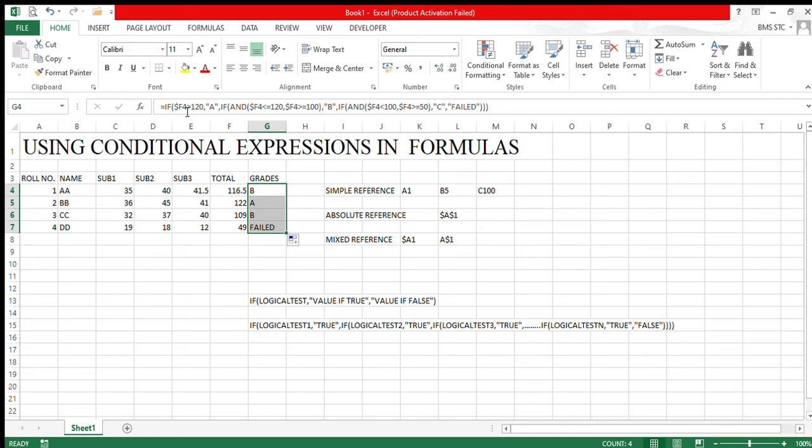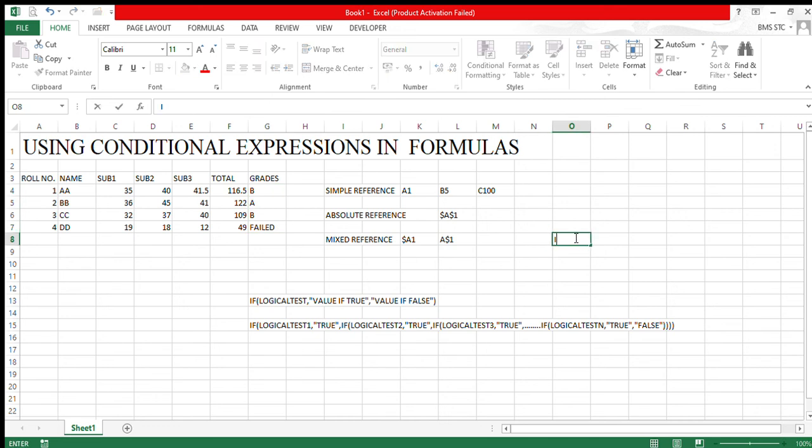Here we have applied the AND function within the if function. This means that we can use other functions along with the if statements, like if